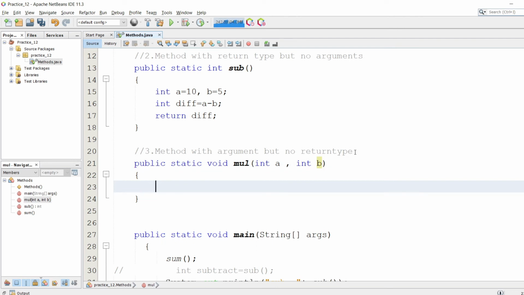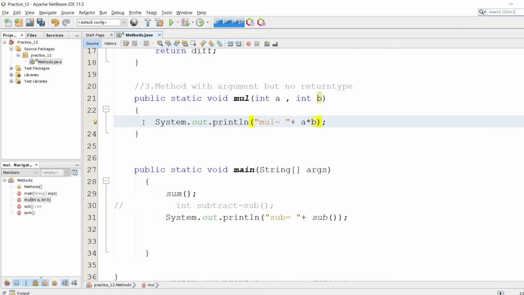We can manipulate the arguments that are passed from the main method, and we can simply calculate the multiplication here. We can directly print here mul equals to a into b.